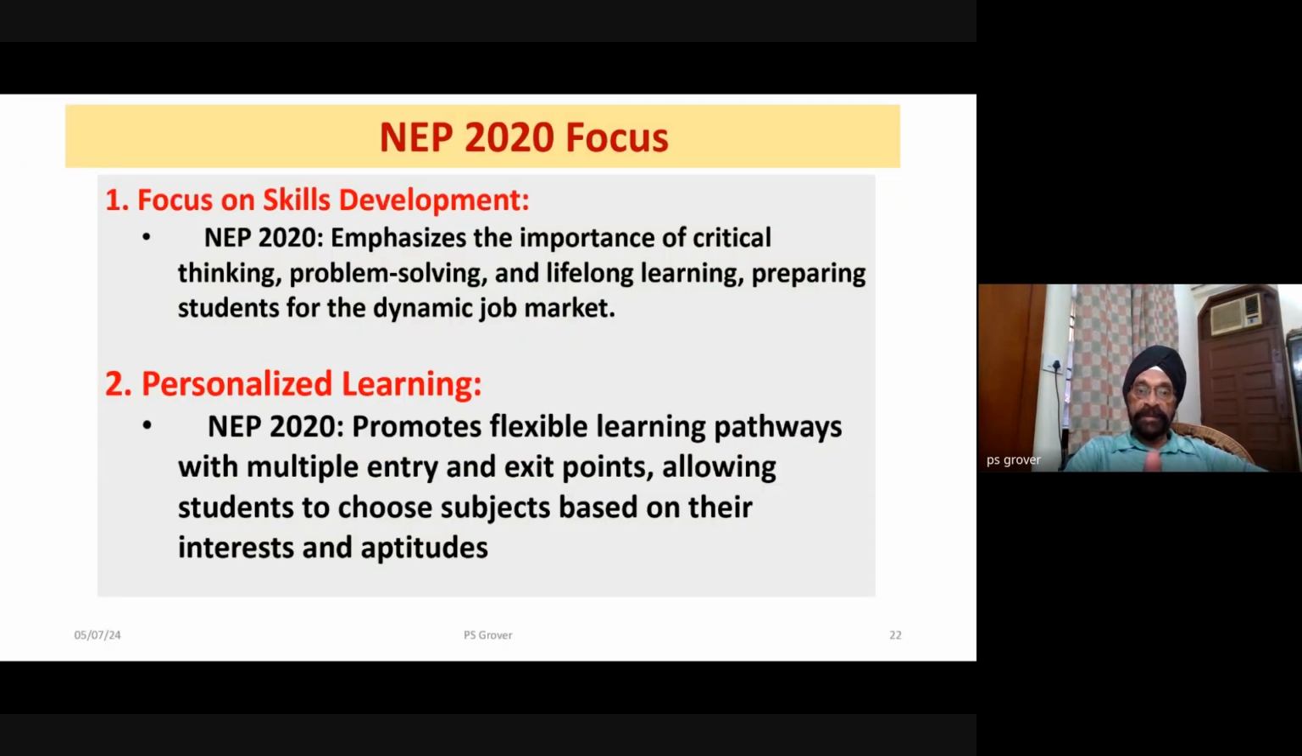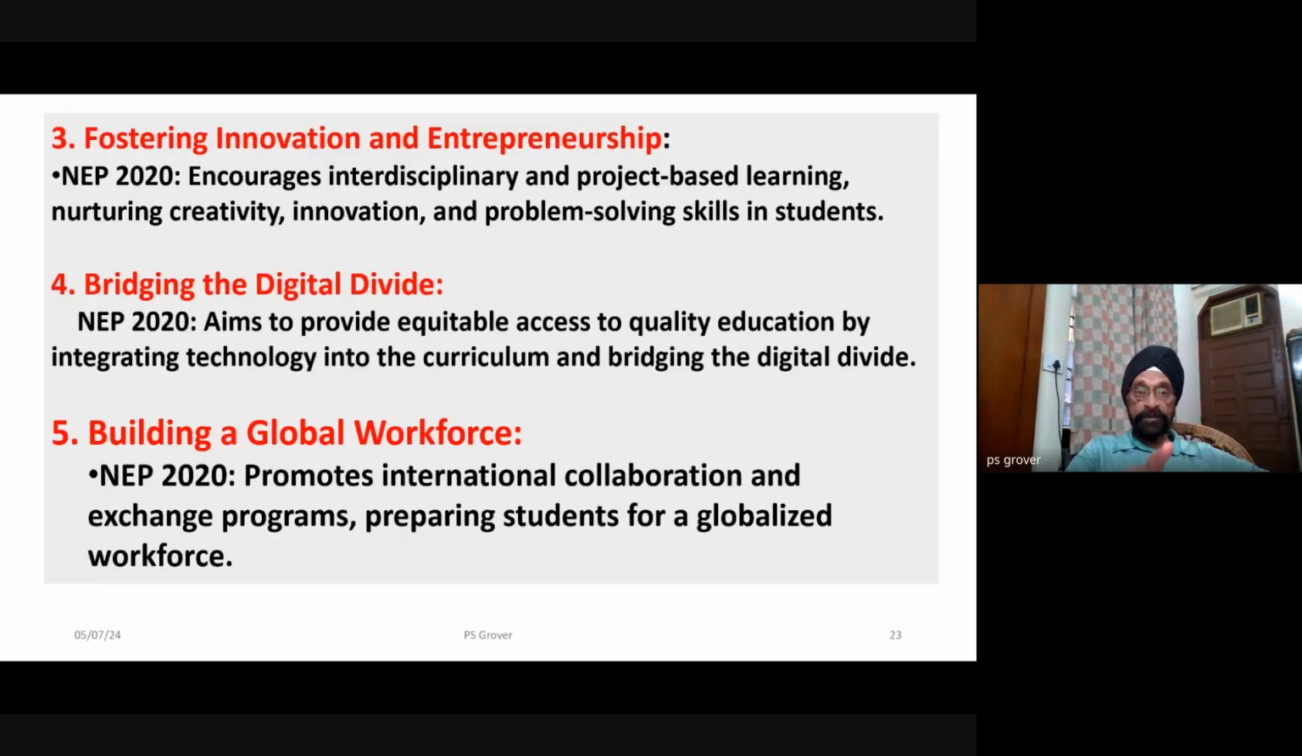Now see, when NEP says focus on skill development. Now, skill development, important: critical thinking, problem solving, lifelong learning, prepare students for a dynamic job market. Now NEP says do this. So we have to do this. Then it promotes flexible learning pathways with multiple entry and exit points, allowing students to choose subjects based on their interests and aptitude. Now, fostering innovation and entrepreneurship, encouraging interdisciplinary project-based learning, nurturing creativity, innovation, bridging the digital gap, that means